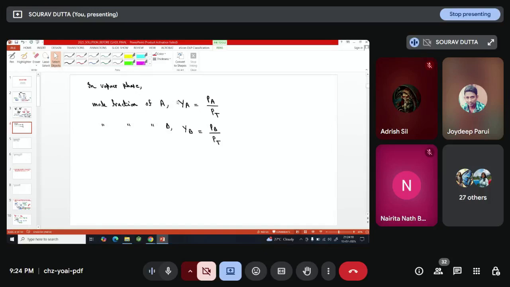That is the mole fraction of A in the vapor phase, I have represented here by YA equals PA, partial pressure of A in the mixture, divided by total pressure. Similarly, the mole fraction of B in the vapor phase equals partial pressure of B divided by total pressure. ঠিক আছে, এটা একদম বেসিক একটা ব্যাপার। আমি চেষ্টা করলাম যতটা ক্লিয়ার করার, আরও যদি বেসিক ডিটেলস জানতে চাও